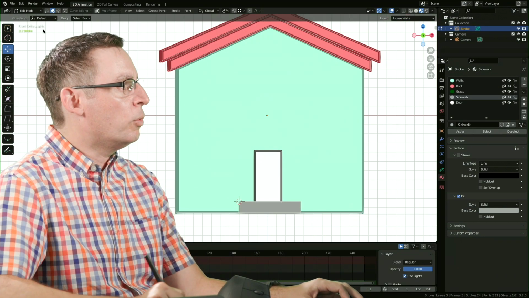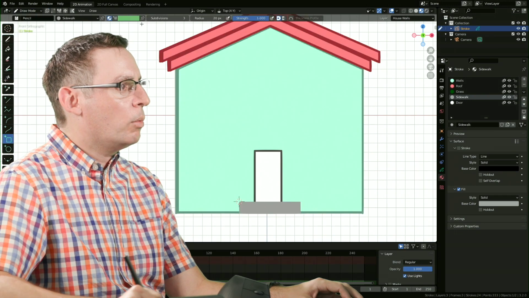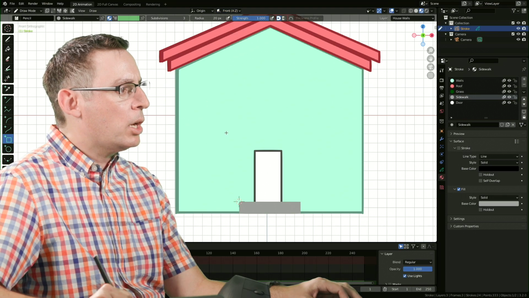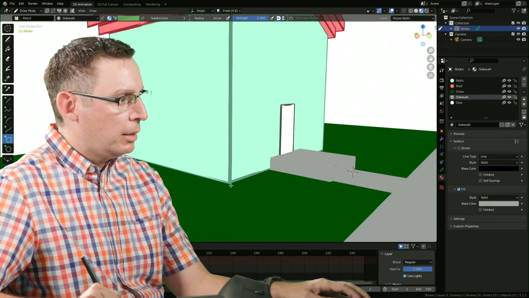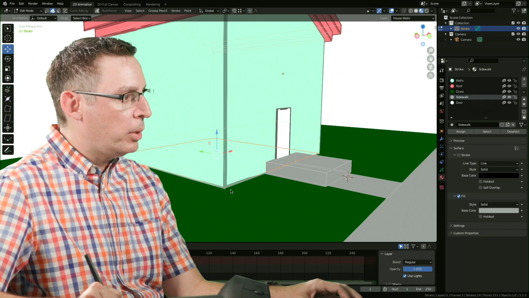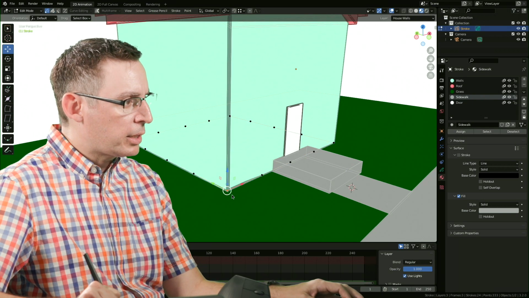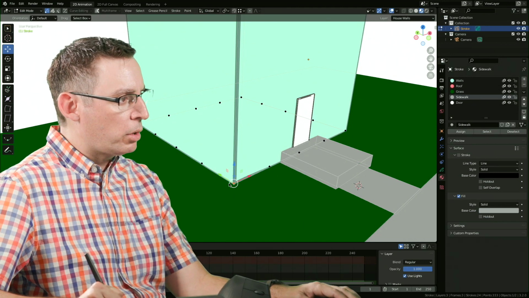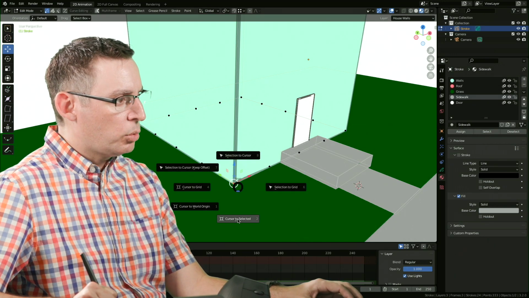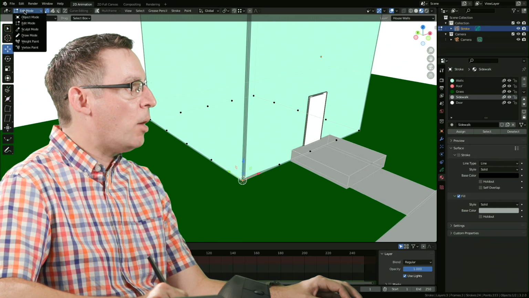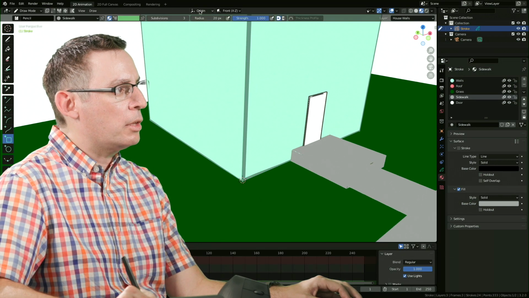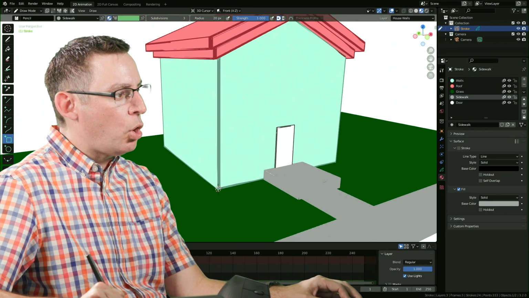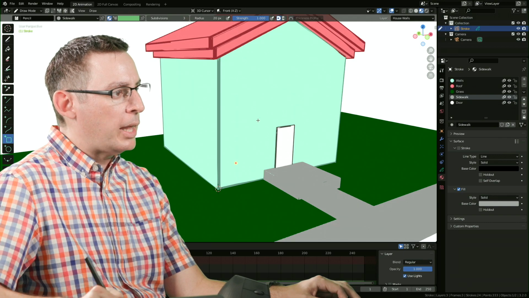I'm going to go to my front view, back into draw mode. And to do this, we want to make sure that our drawing plane is set to front. And here, let's do the same thing that we did the last time. Let's go back into edit mode. In the vertex selection section, I want to place my 3D cursor right there at the origin, right where my selection is. So we're going to cursor to selection. And now when we go back into draw mode, I want to put the location to 3D cursor. That way I can draw it from the front and it's automatically going to be in line with the front plane of the house.